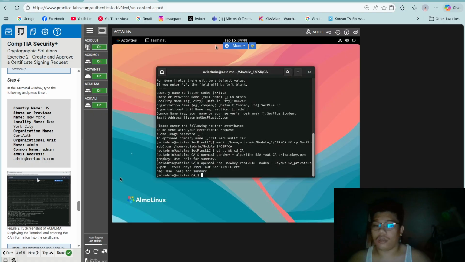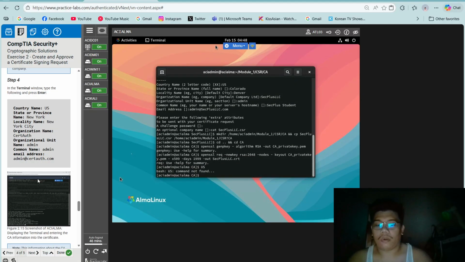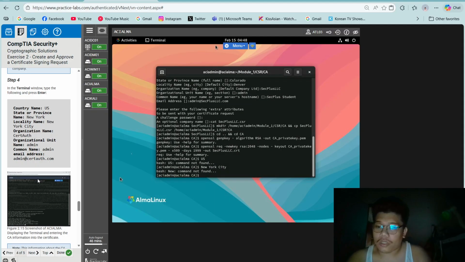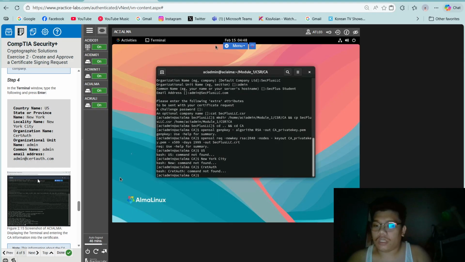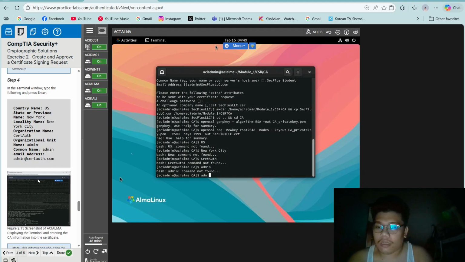So step 4, country name, US, province, New York, city, organization name, cert auth, organizational unit name, admin, email address, admin at certauth.com.